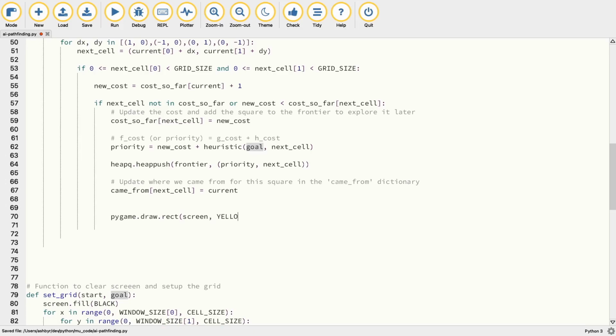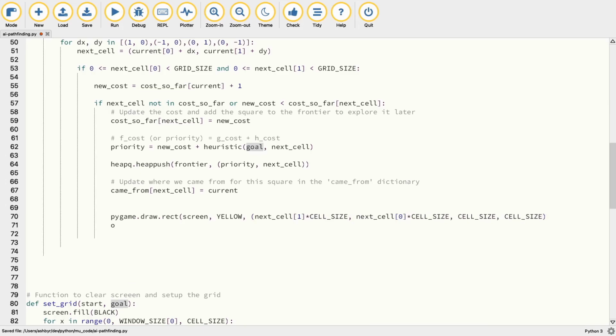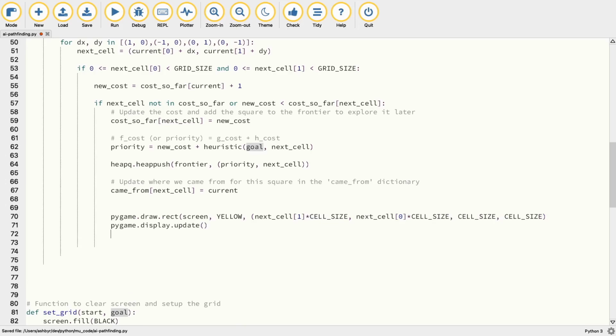We're going to color these yellow so you can see them as a potential candidate. And we're going to have a tuple here with 4 items. Make sure you have cell size, and then next cell 1 times cell size, and then next cell 0 times cell size. Okay. And just as before, we need to do a pygame display update, and then pygame time delay